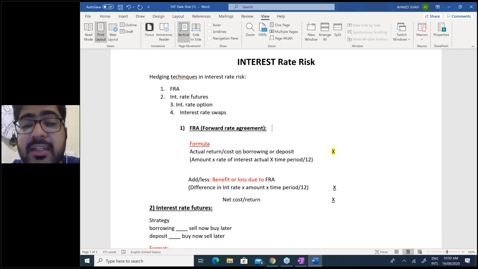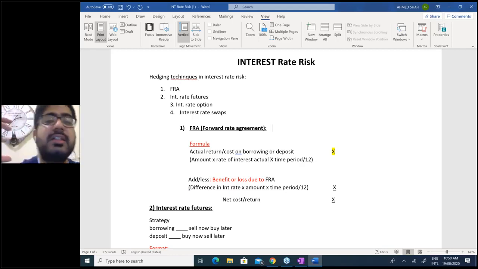However, if in the highlighted first transaction, you have taken actual cost on borrowing, you have got a borrowing case, and you judge it's a benefit, benefit always reduces cost. You need to deduct it. So whether you will be getting a deposit case or a borrowing case, you have to be prepared regarding both.